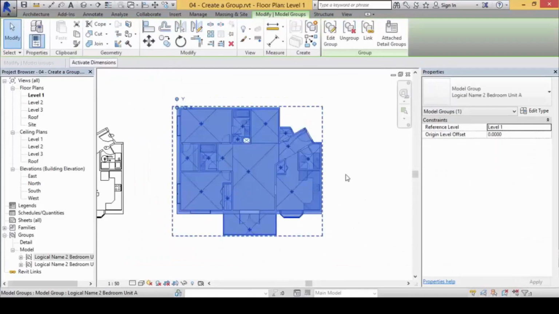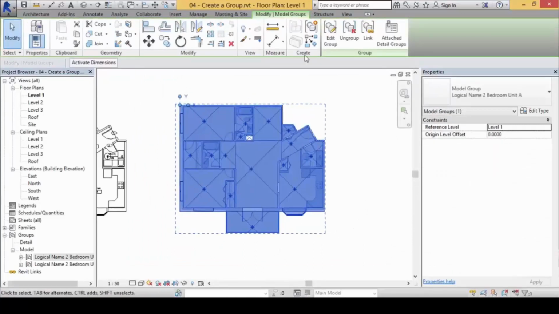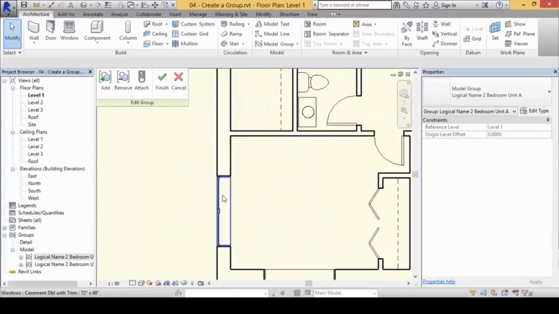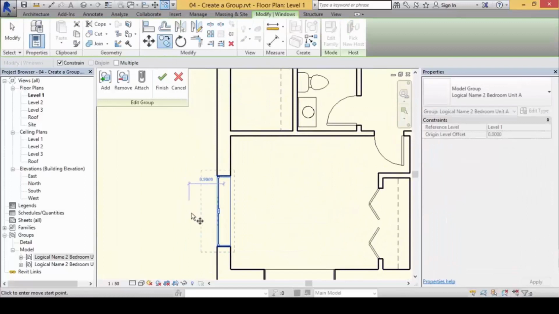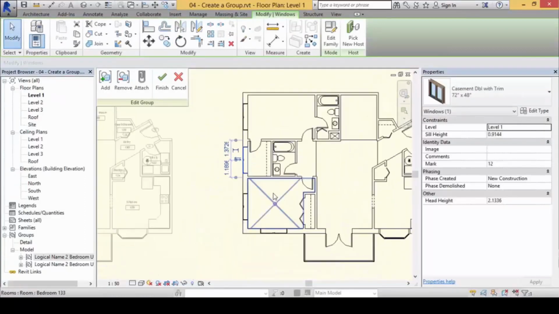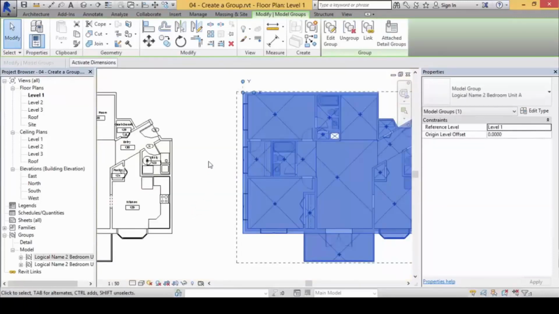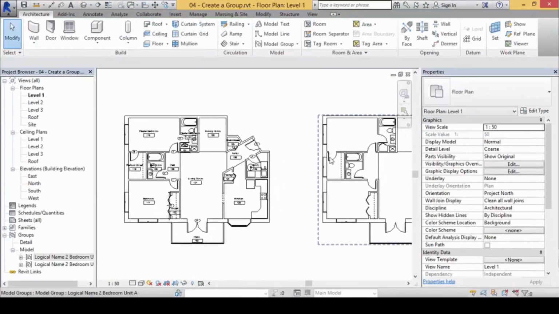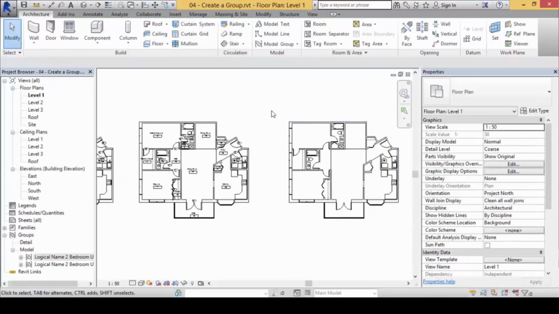And then with this, we can then go inside edit group here and make changes. Instead of one more, we will then make changes to one more by having one more window here, and then we finish this off. Now you see that this unit is the same essentially in every single aspect, except now it has 3 windows instead of 2 windows at this particular phase.